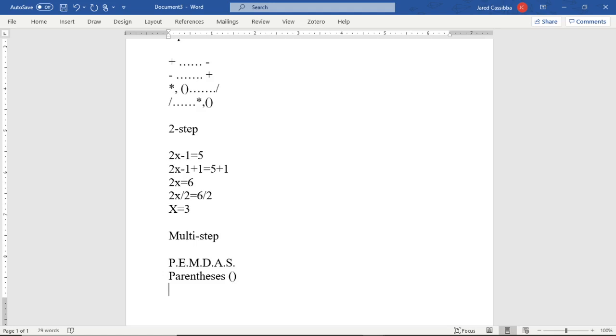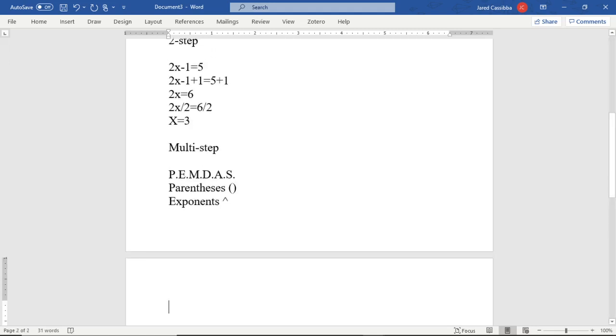Alright. Second one is the E. That stands for exponents. Those are the little numbers on top of things. So that's sometimes seen as in with a caret or something of that sort, where it's like x caret 2 means x to the power of 2. Alright, the next one is multiplication